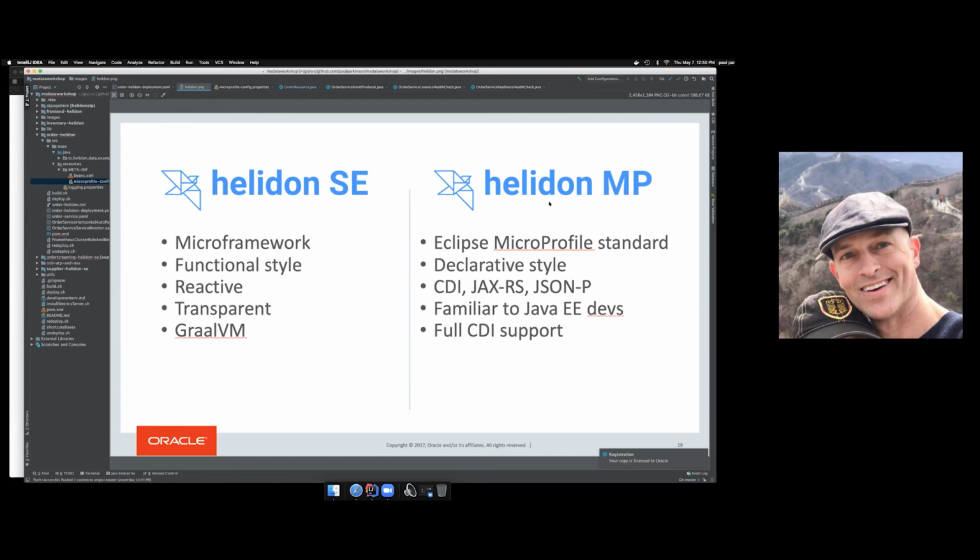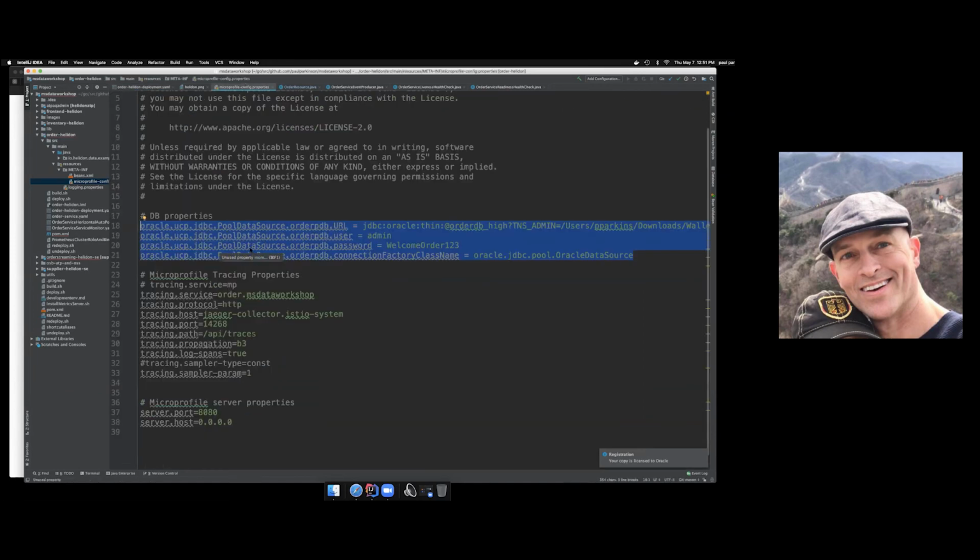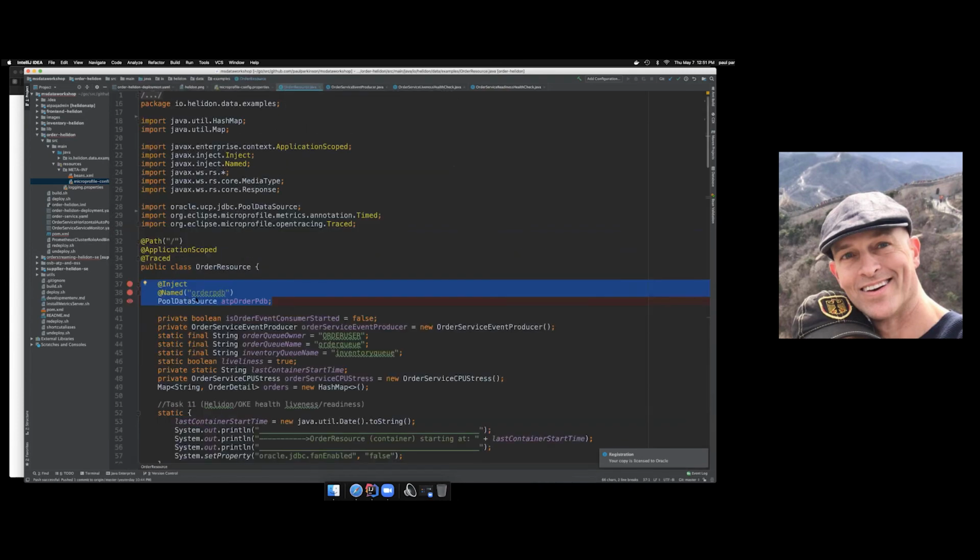So in MicroProfile, there is a standard, and you'll see here when I brought this environment in, I used this naming convention. And so I got the binding information that was provided in the secret by the service broker, as I mentioned. And I'm going to create a data source with the name order PDB and then set these values on it. So that's in our environment for the microservice. The MicroProfile standard defines those values. And from this properties file, it creates that data source pointing to the database and injects it into our microservice.